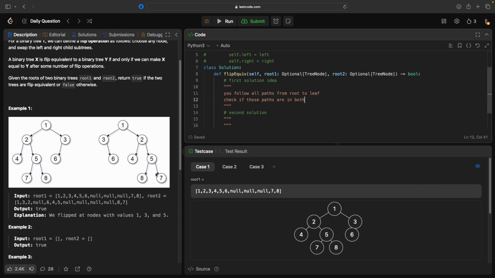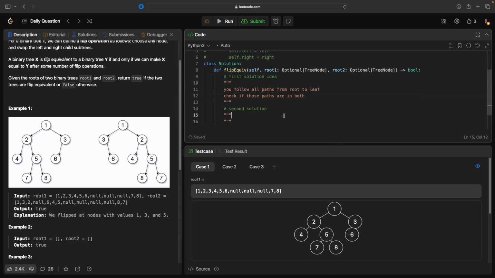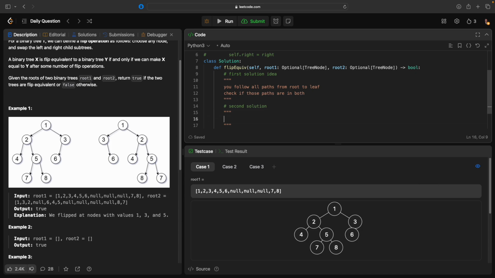But it would be pretty space intensive because you would require one array for every single path, which would be like n arrays, where n is the number of nodes. So that's too many. That'd be kind of like a trie, T-R-I-E. I'm thinking the second solution, which is just turn it into